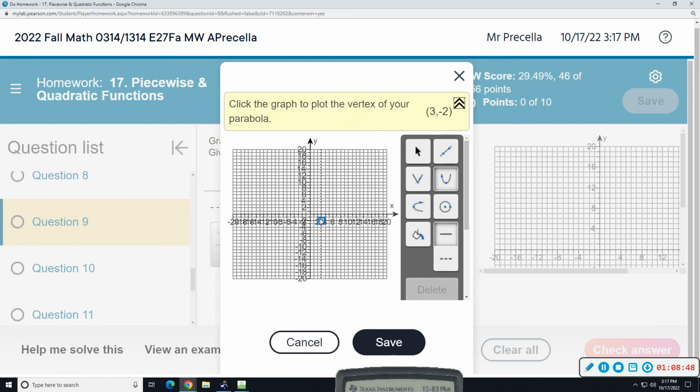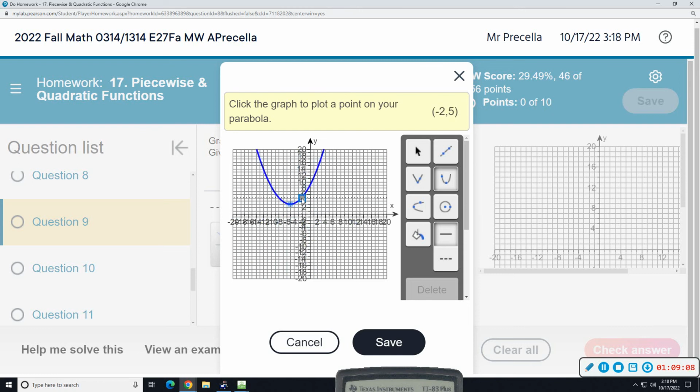And notice when I clicked the tool, the first thing it says to do is plot the vertex. So what was the vertex? Negative 5, positive 3. And you have better eyesight than me, Tim. I couldn't. There. Is that negative 5, positive 3? Are y'all looking at that yellow box on top? And when I click there, notice,